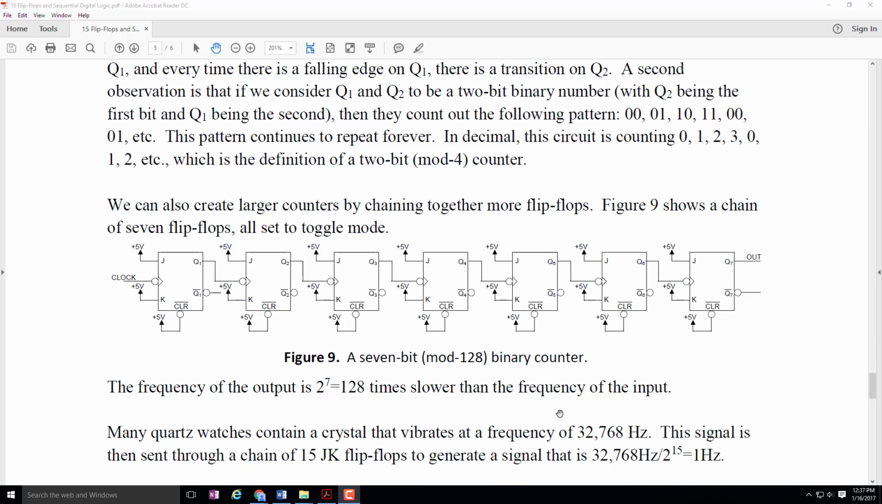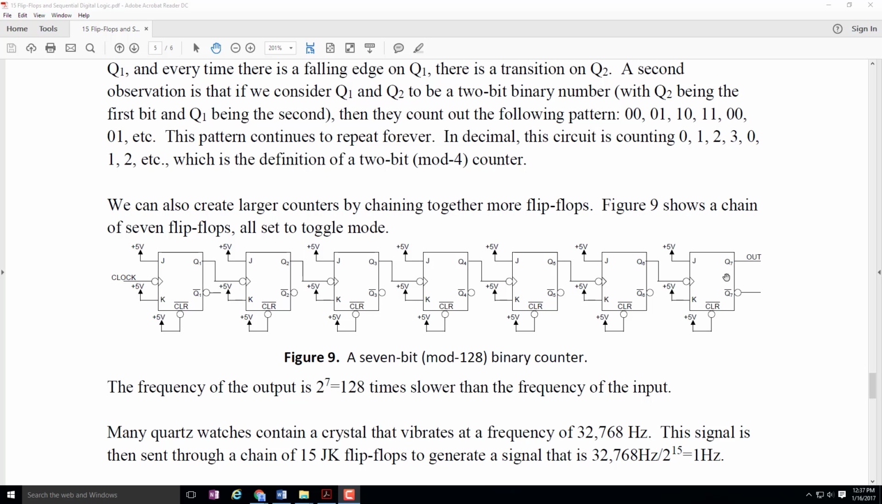So in this one we have 7 flip-flops, and in each case the output of each one is driving the clock input of the next one. The clock signal itself is only going to the first one. So this is going to be the least significant bit of the counter, and it's going to change half as often as clock. And this one is going to change 1/4 as often as clock, and 1/8 as often, 1/16 as often, 1/32 as often, 1/64 as often,